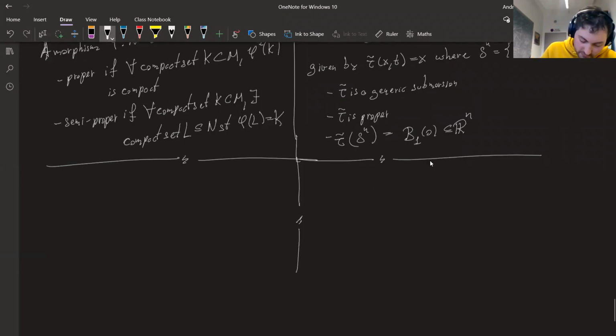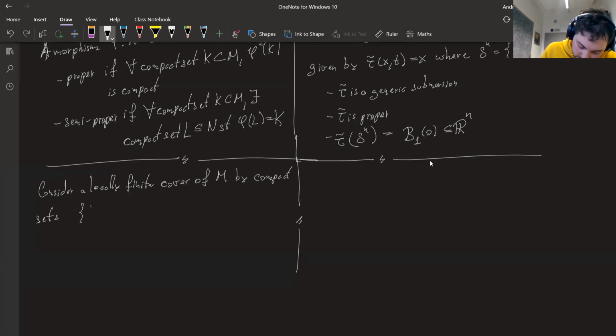What we're going to do is now consider a locally finite cover of M by compact sets. So we cover M by a locally finite cover. So by semi-properness,